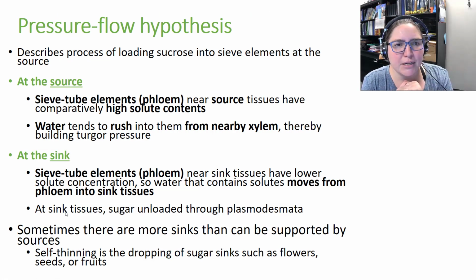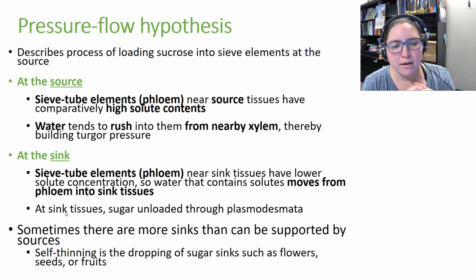So that brings us to the pressure flow hypothesis. This describes the process of loading sucrose into the sieve tube elements at the source. At the source, where there's a high sugar concentration, the sieve tube elements near the source tissues have comparatively high solute contents, and then water is going to rush in from nearby xylem, which builds turgor pressure. At the sink, the sieve tube elements near the sink tissue have lower solute concentration, so water that contains solutes moves from the phloem into the sink tissues, and at the sink tissues the sugar is going to be unloaded